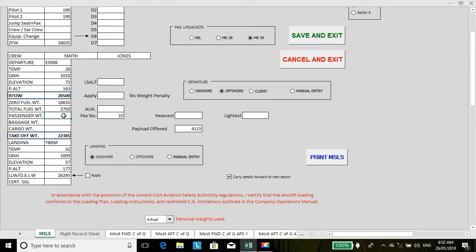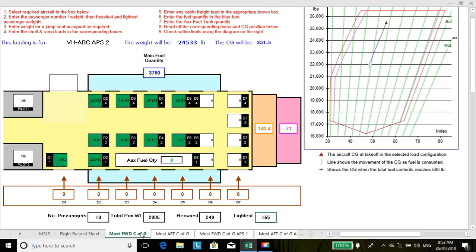Passenger weight is 2006. You look at the manifest and deduce that the heaviest passenger is 240, and the lightest passenger is 165. The payload officer's there. This time the baggage is 130, and cargo weight is say 12, something like that. Once again, we look at the most forward C of G for that situation,